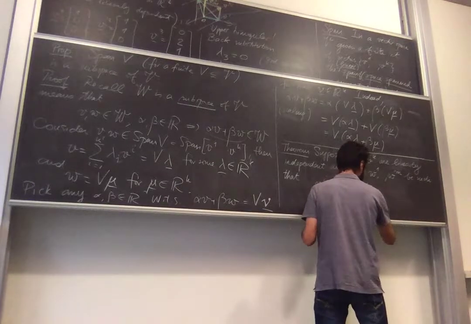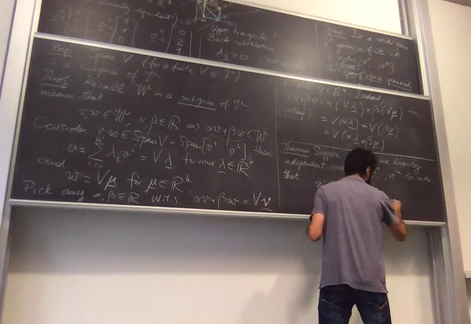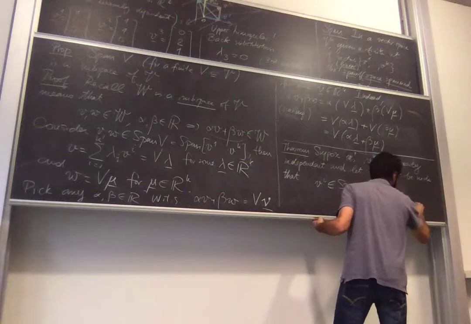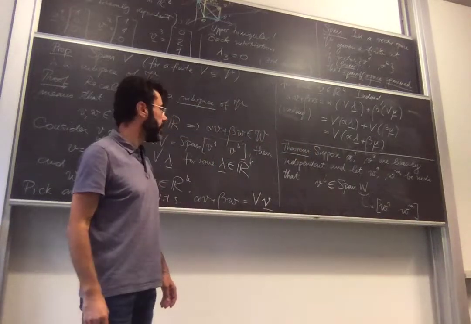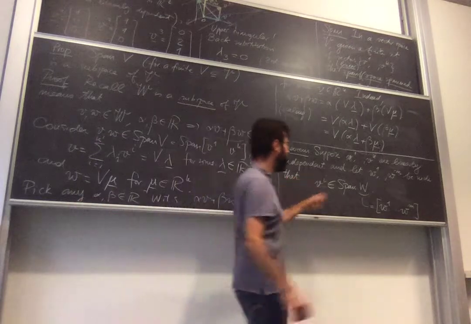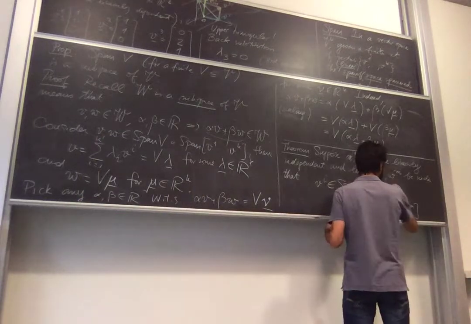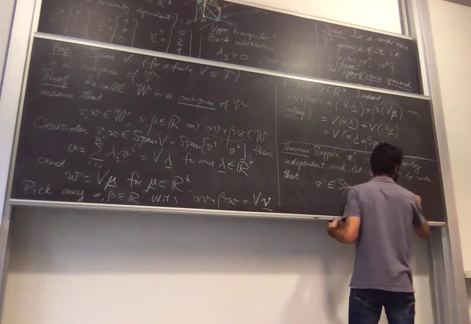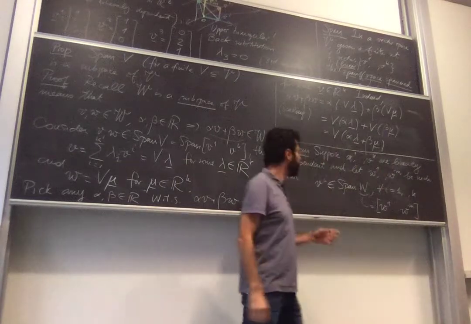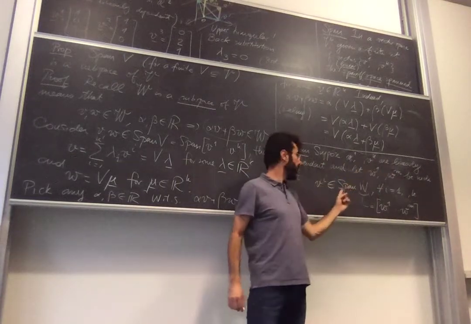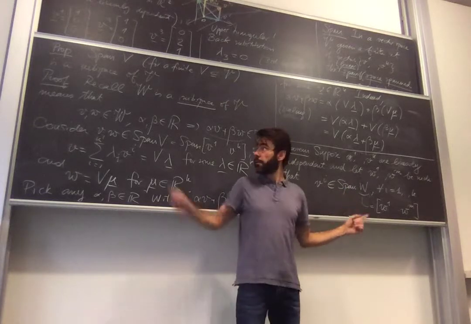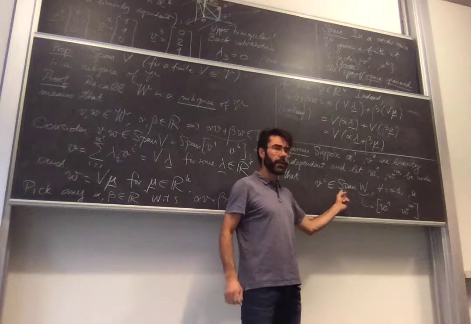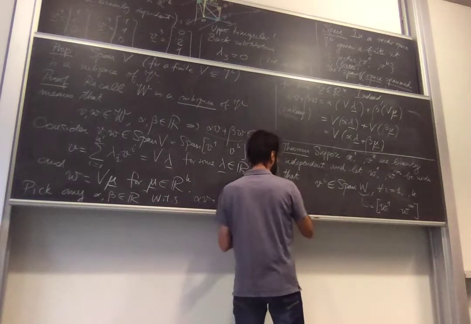This means the span of W1, ..., Wn, and we're saying that each Vr belongs to this, for r from 1 to k. So these guys are all in this vector space, which we know is a vector space from here. Then